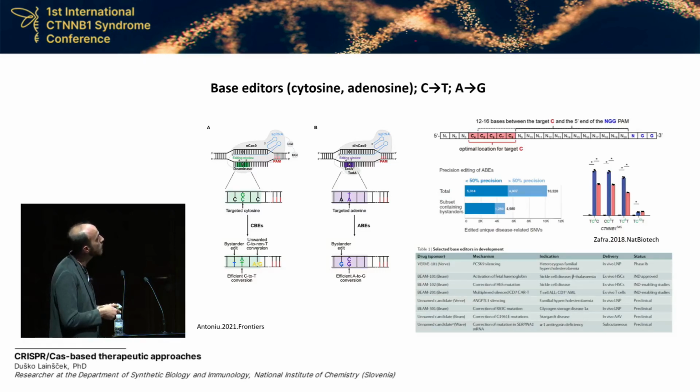Here is just a list of 9 ongoing clinical trials where they're using base editors. For instance, you can clearly see that they're trying to treat familial hypercholesterolemia, beta thalassemia, sickle cell disease, and so on and so on. Base editors were already used in modifying the CTNNB1 gene, but only as a method of inducing cancer. But these results indicate that it is possible to make efficient gRNA binding sites and efficiently make base editor complexes to really alter the CTNNB1 gene.